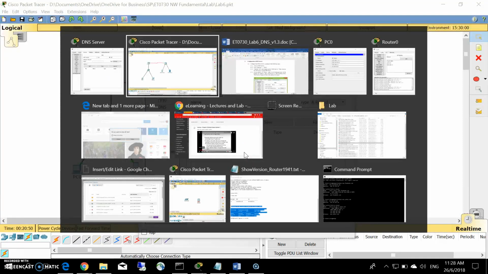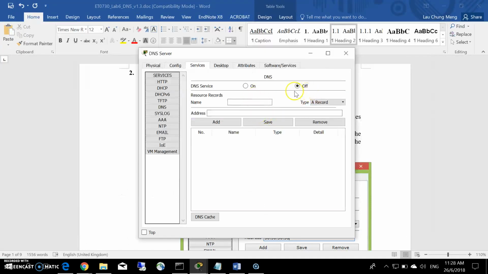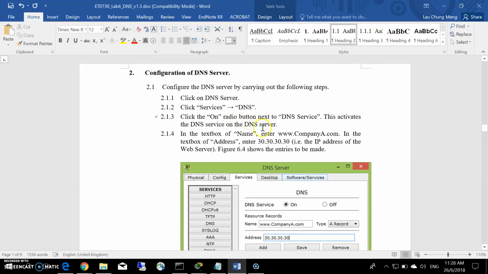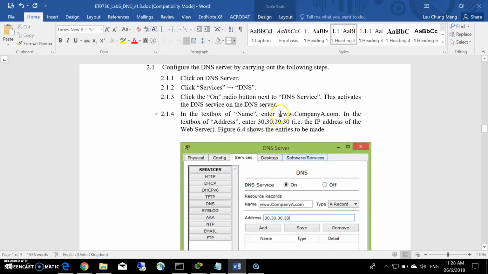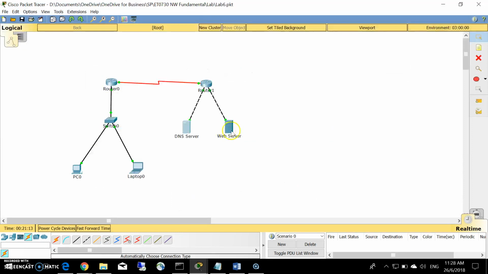First, we need to turn on the DNS service. If you notice, by default it is off, so we need to turn it on. Next we need to add the record. So we want to add a record www.companyaa.com. The IP address is 30.30.30.30, which is the IP address of the web server over here.